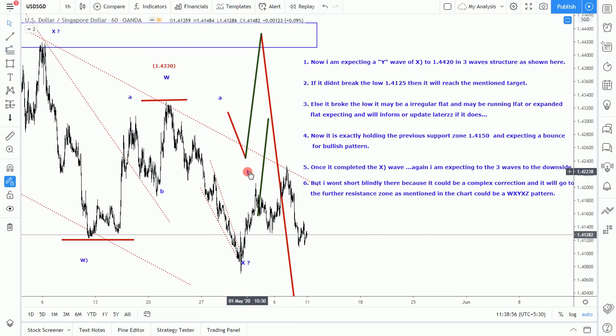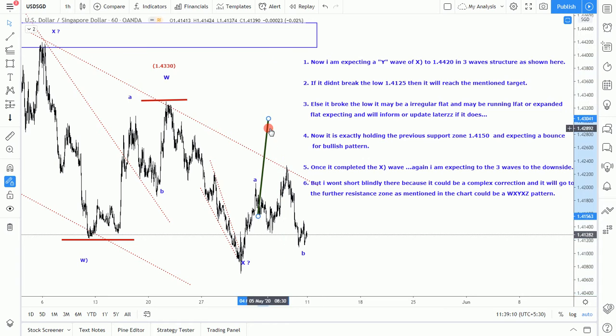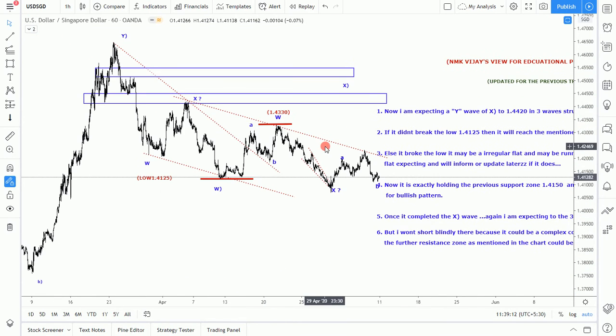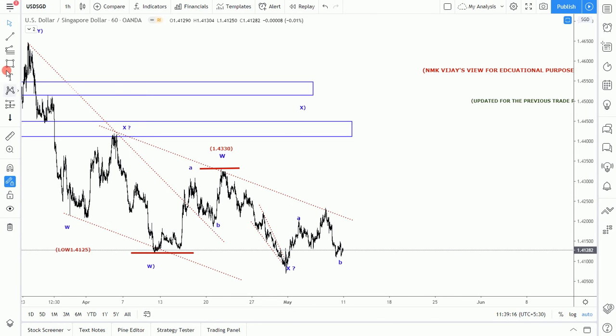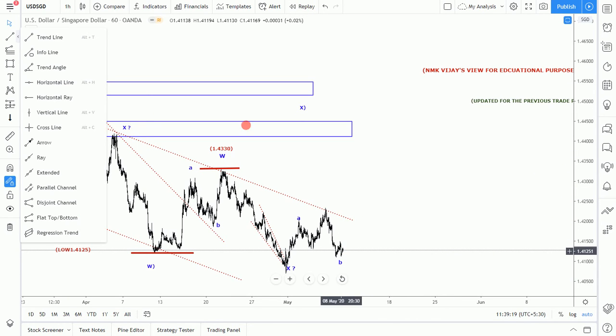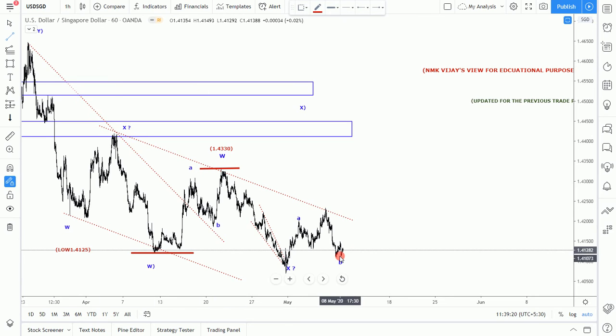So this is an A. So B is completed in the expanded flat. So I am expecting that C wave to shoot above, up to this level as a running flat. If it is C wave, it can travel up to this for the running flat, or if it is an expanded flat, this can travel